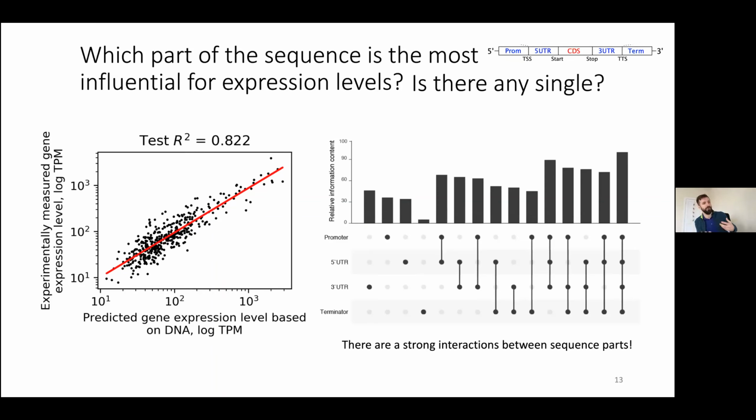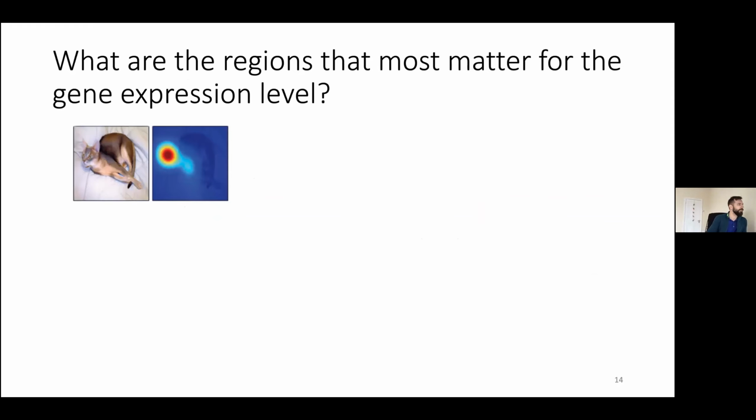They jointly determine the expression levels, all these parts. So there is no single part that is important for gene expression. However, there's one unit that is important, and that is encoding information about gene expression. And what we also tried to do, to make the next step further, is basically abstracting from these